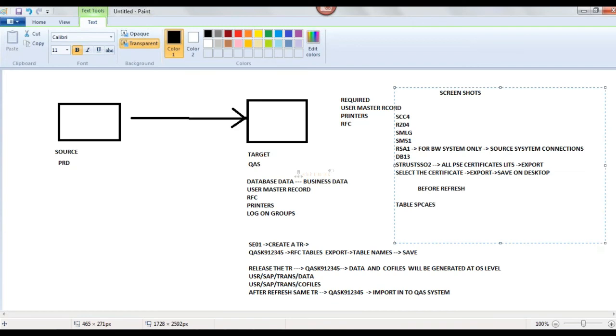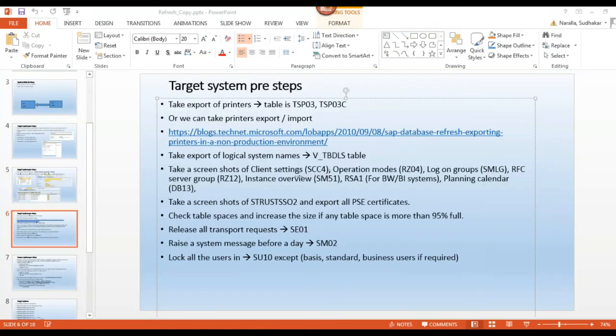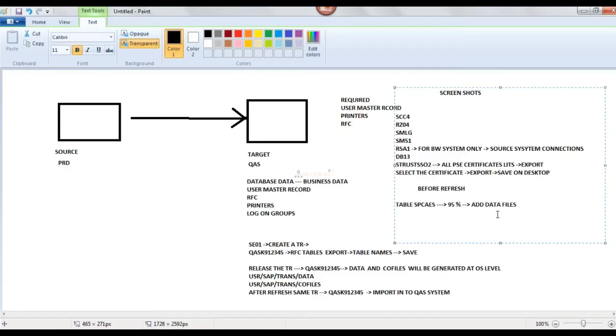In table spaces, if any table space is utilized more than 95%, for example, then what we need to do? Add data files.